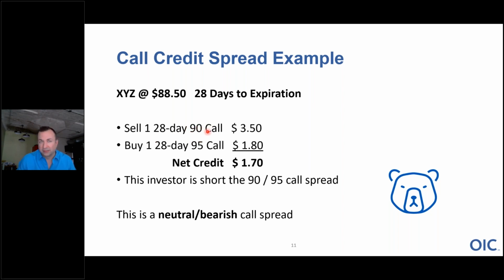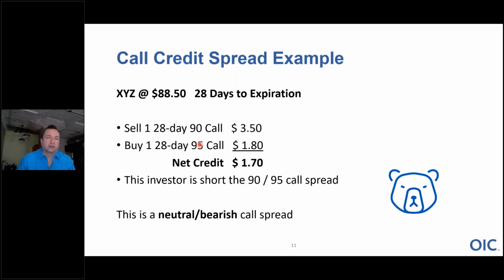Now, once you have that determined, the buy side of your credit vertical is really about risk management, risk control. This is just there for protection. If you wanted to be, say, more aggressive with this trade, if you were more confident that the stock was going to stay below 90, then you might choose the 100 strike call to protect this position. That would cost you less. You get a greater credit. Potential reward is greater. Potential loss is also going to be much greater, but that would be more aggressive,